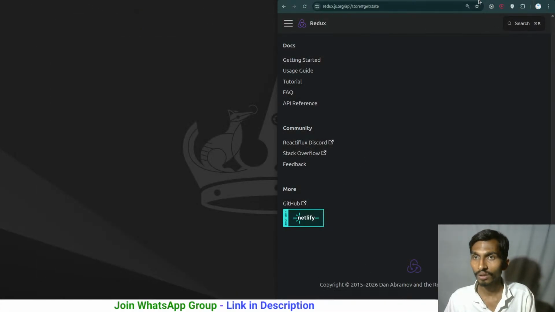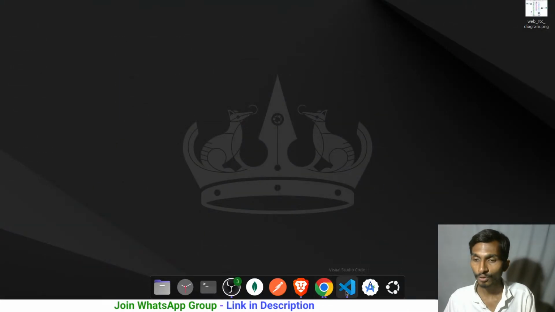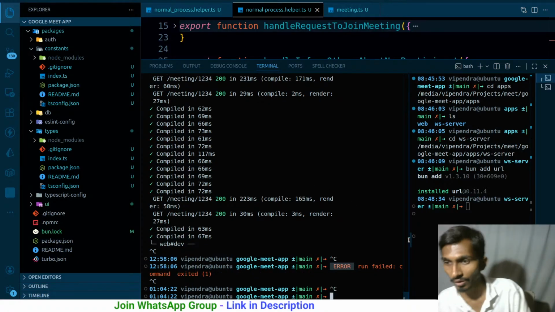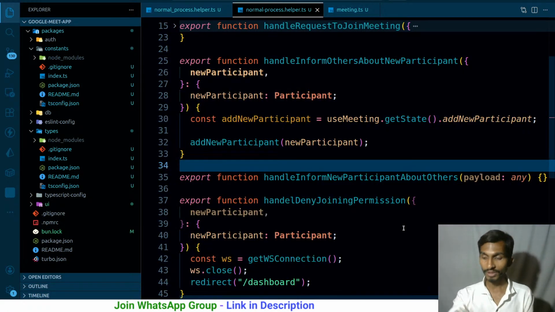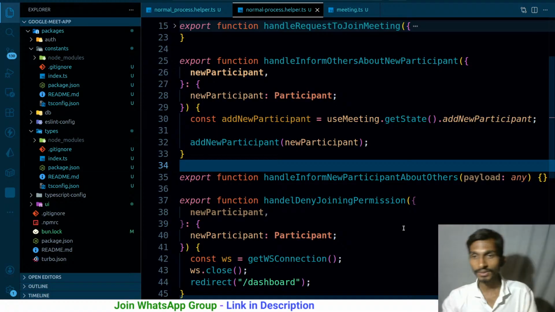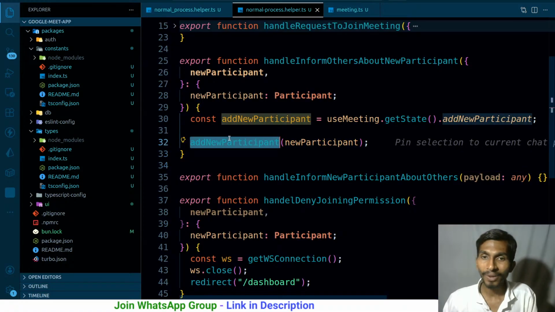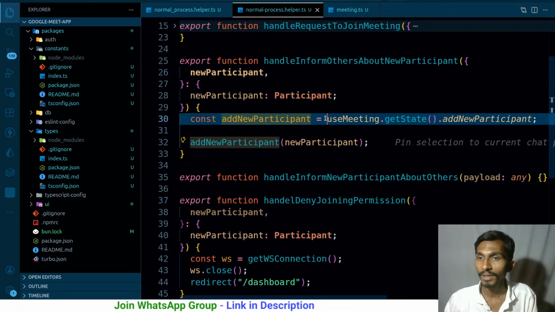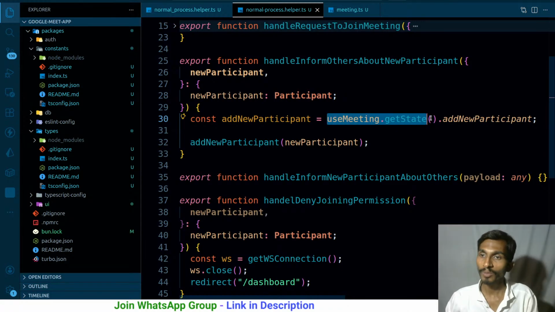Close this as well. And coming back to the main project, this was the project that we were working on, and in this one we are using Zustand. In the previous one I used Redux. So addNewParticipant. This is the useMeeting store. From the store, what am I doing? I'm directly getting the state, and